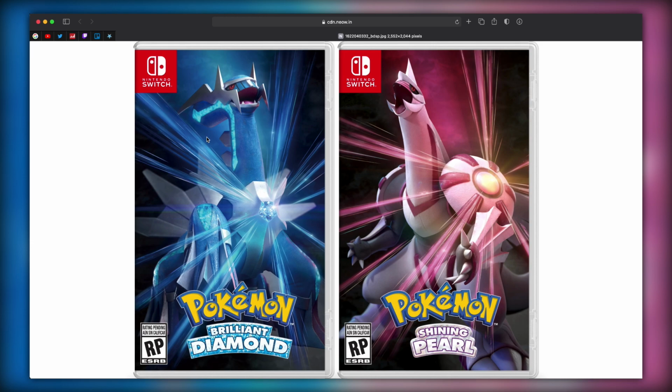That's like the one thing that Pokemon fans are really scared of right now, is that these are pretty much just going to be the exact same games as Diamond and Pearl, just remade again in HD with the exact same stuff, nothing new, which is kind of disappointing for a lot of people because every single Pokemon remake has